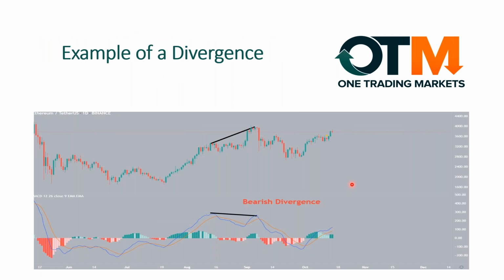Now, let's look at these real life examples. This is from the Ethereum Tether as well. This is on a one-day chart here. So notice here how the market is moving up, correct? But the indicator is moving